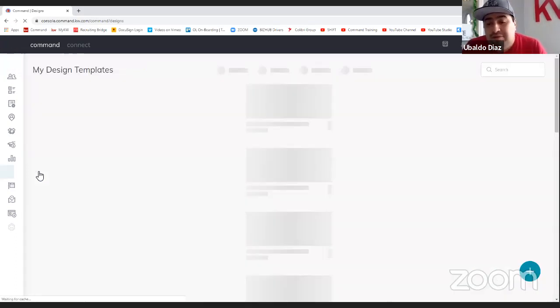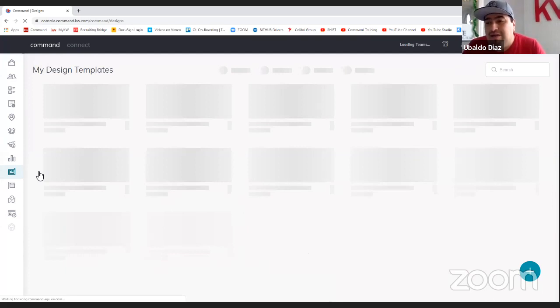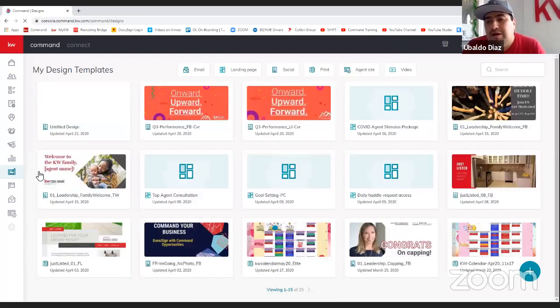And designs, well, you can pretty much do anything you want. I mean, it's like your personal graphics designer. You could create landing pages from here, like templates for landing pages. You create email templates, but just be aware that the email templates you create here are templates that you would use with MailChimp. So until they change that process and they move that over to command email, know that any templates you create for emails here are templates you can use with your MailChimp account through campaigns, just so you guys know. But we will create landing page templates, email templates,